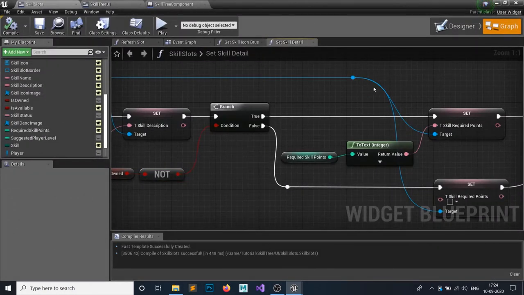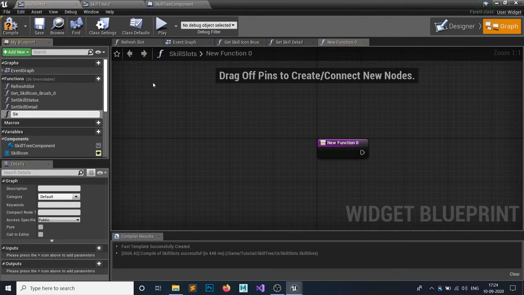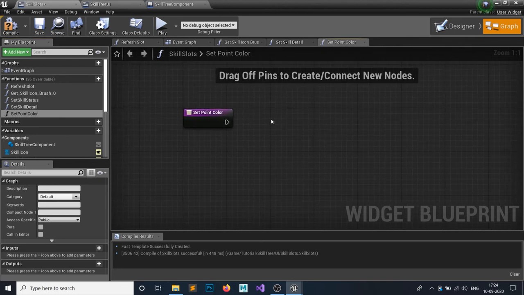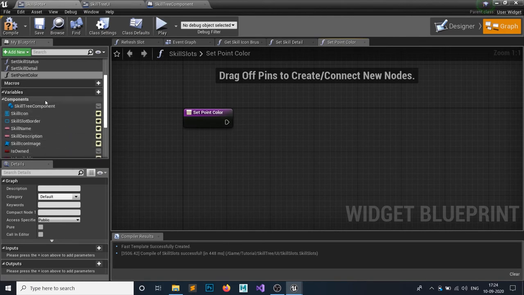Okay, let's make another function called set point color. So if our player's current points are greater than or equal to the required points, then we're going to set it to white, otherwise red.